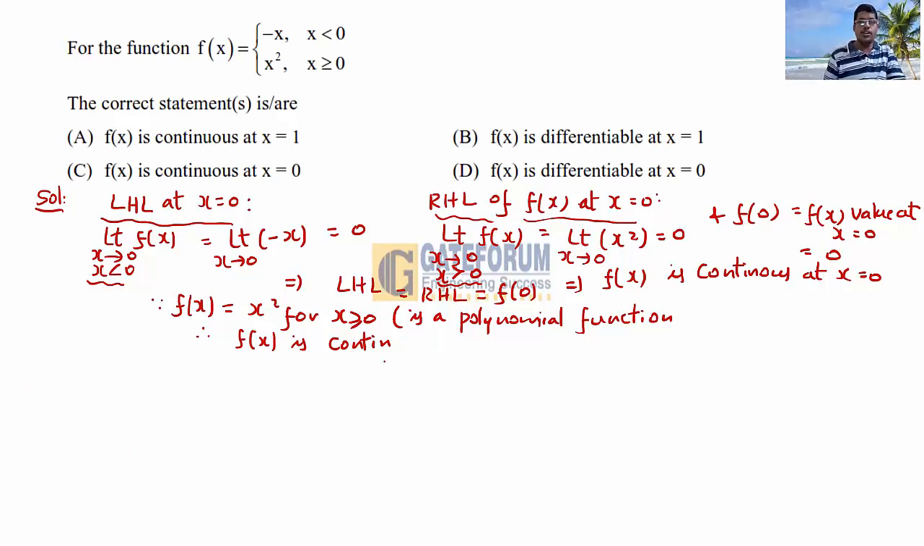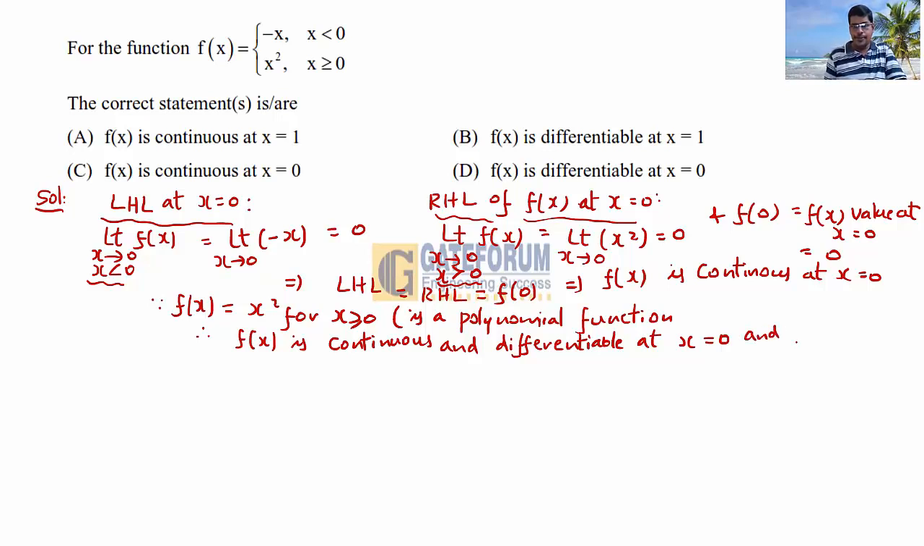f of x is continuous as well as differentiable, that is a standard function. X square, derivative 2x, at x equal to 0 it is having 0. Differentiable at x is equal to 0. So already we proved continuous at x equal to 0. So now I can say differentiable at x equal to 0